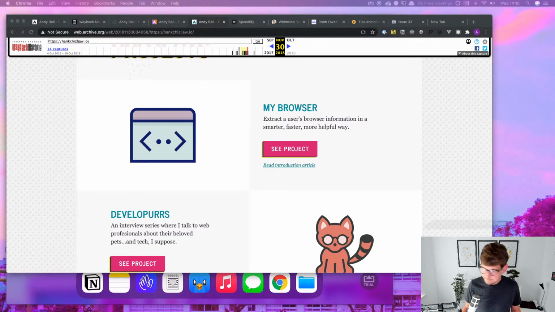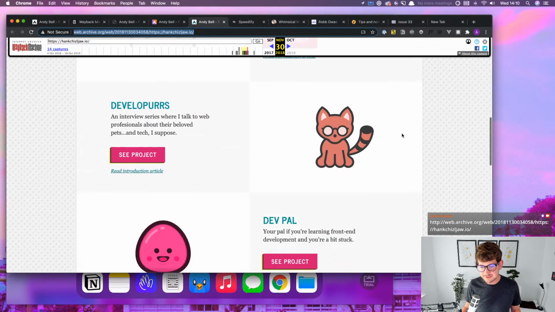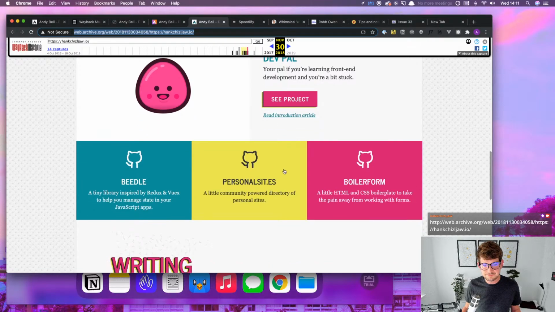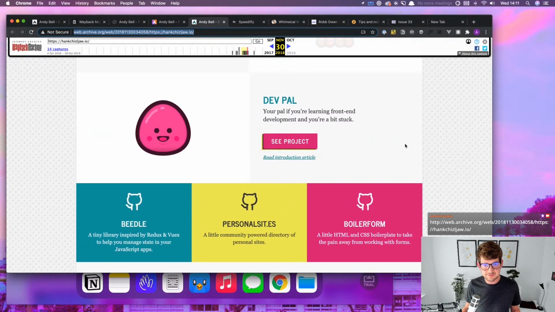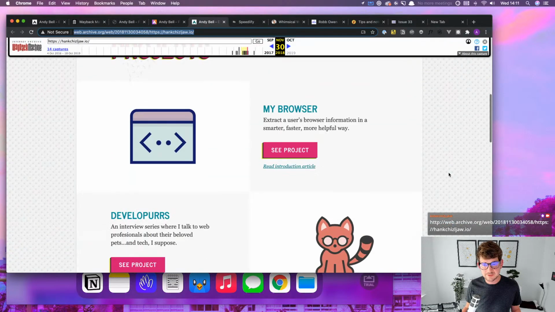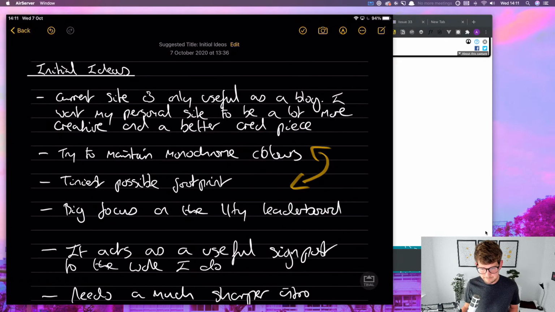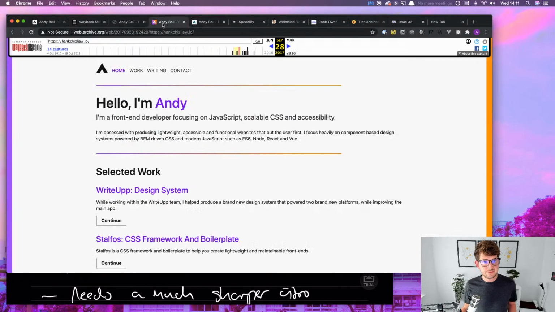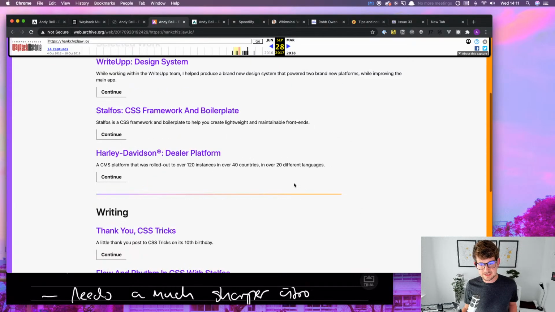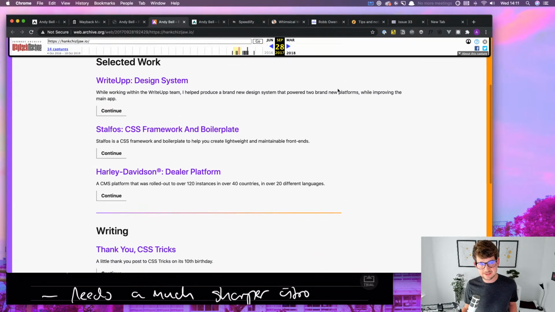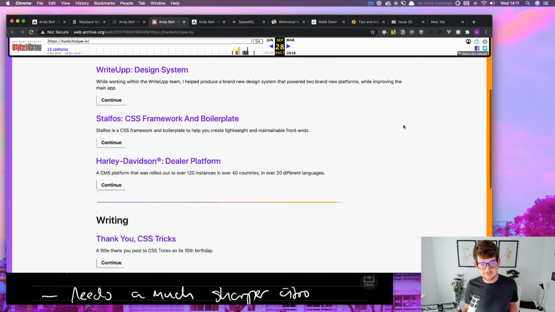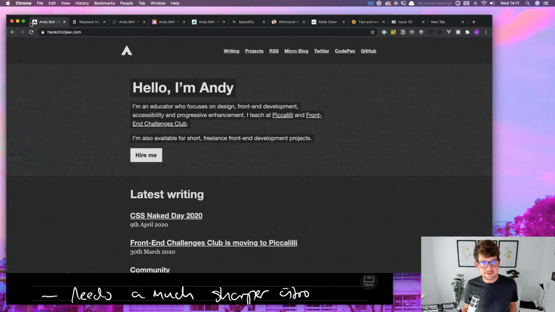I was really happy with this site. A lot of stuff doesn't exist anymore, like DevPal doesn't exist anymore. My browser is potentially going to be discontinued because the user agent strings aren't very useful anymore. But yeah, so we looked at this end, and just look at the state of this site, it's terrible. Lead-in stuff on there, and then where we're currently at,